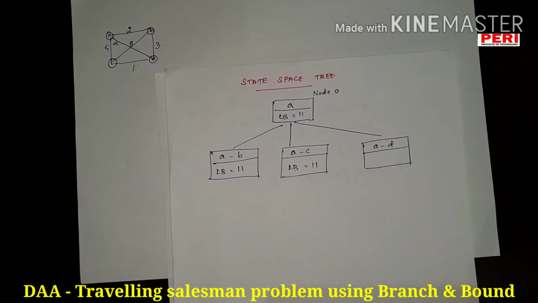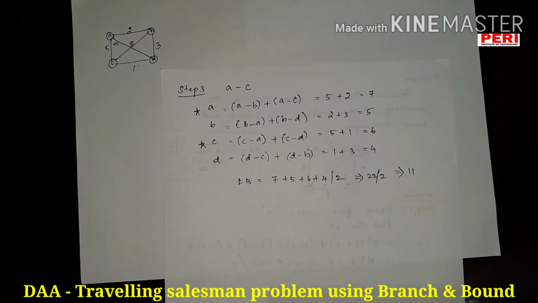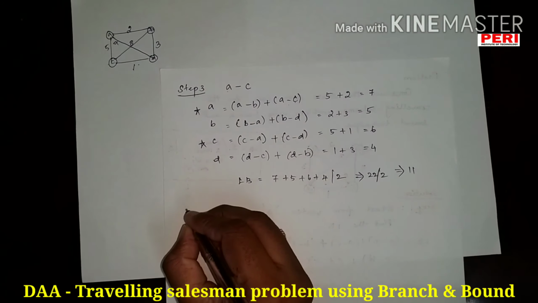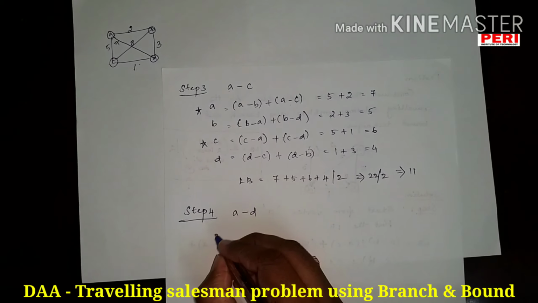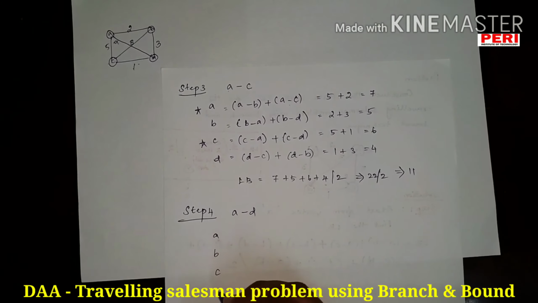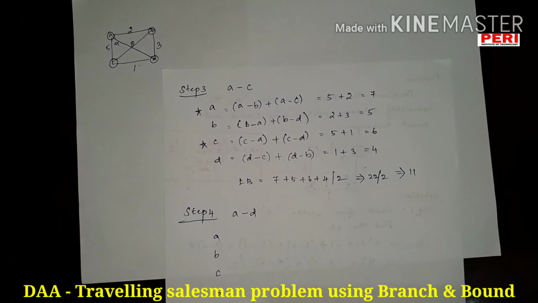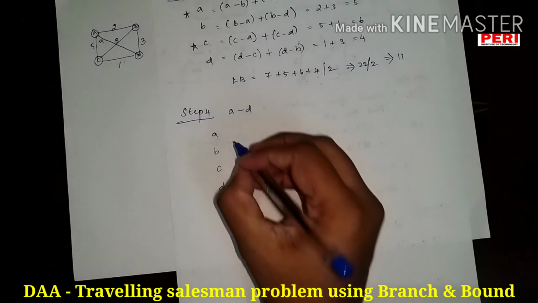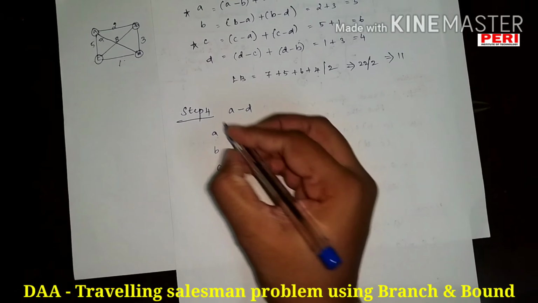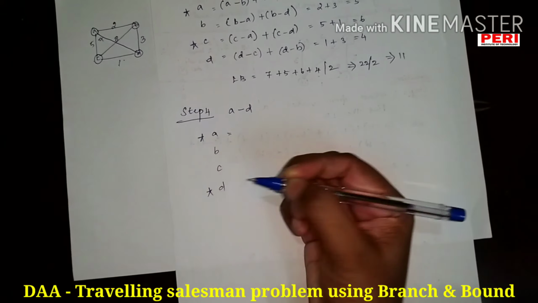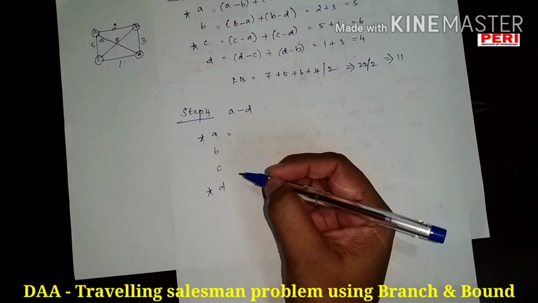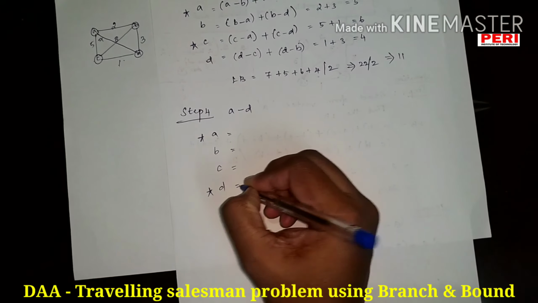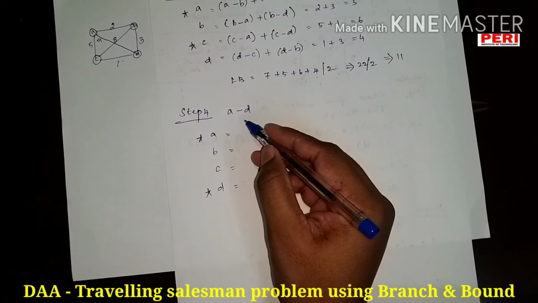So my next step is I have to find the lower bound for A to D. Okay, so we have to find the sum value for all 4 vertices and add it, right? So I am going to find the sum of all these 4 vertices. Now for A and D it has to be considered keenly, and B and C don't make any problem. Why? Because they are not there in the considered path.